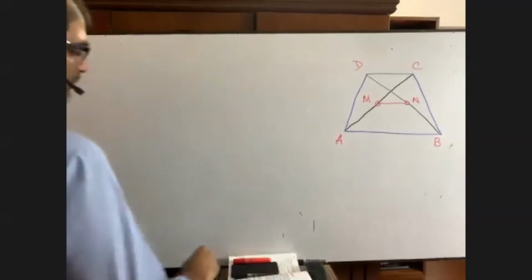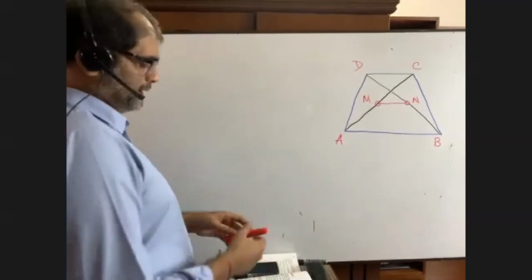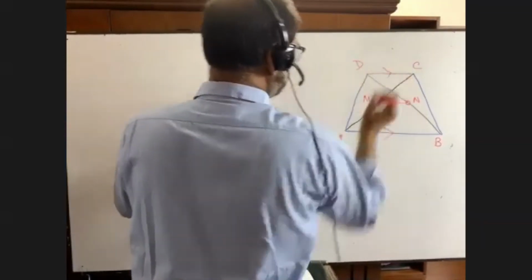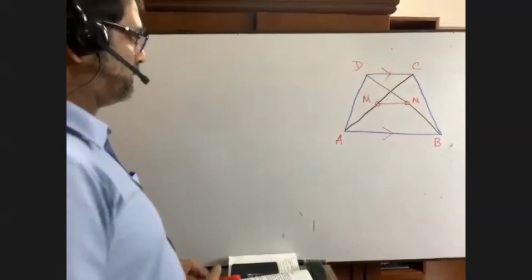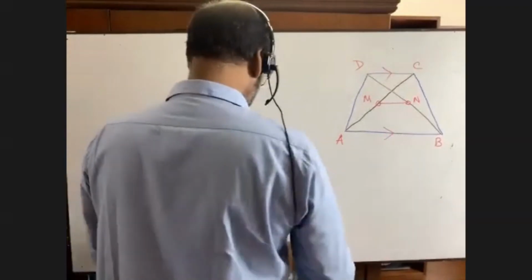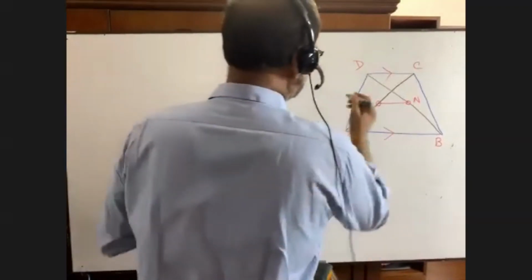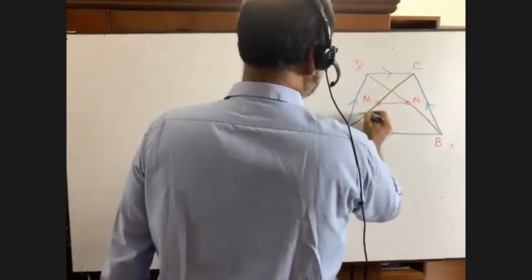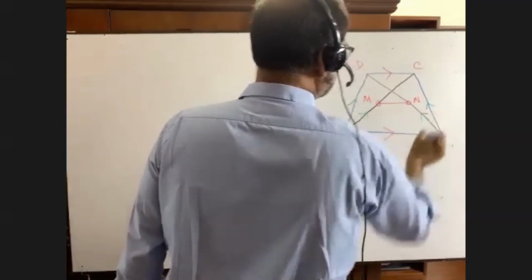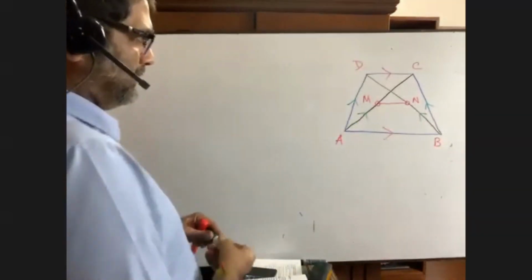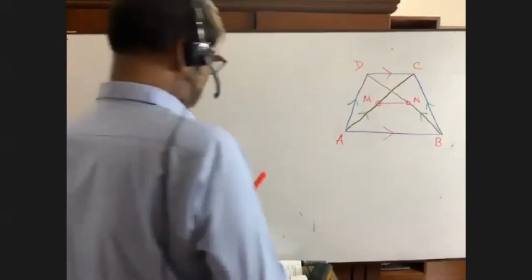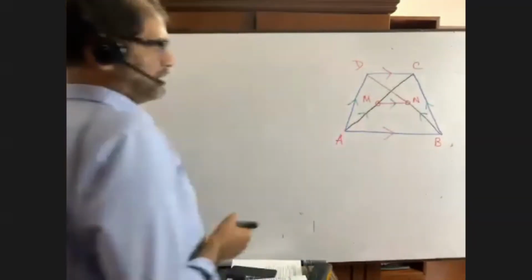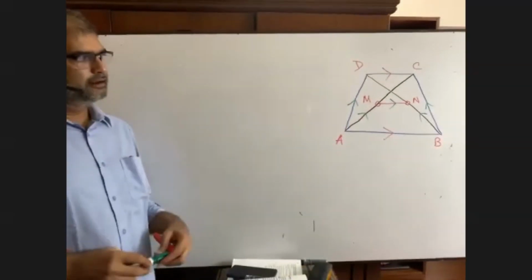Now we have to give the vector sign. How can we give it? You see, they are parallel, oblique sides. So we can give the sign of the oblique sides like this, upward direction. The diagonals, upward direction. Okay, MN, very good. For a while, let's give MN the same direction as the parallel sides. Now complete giving the vector sign.